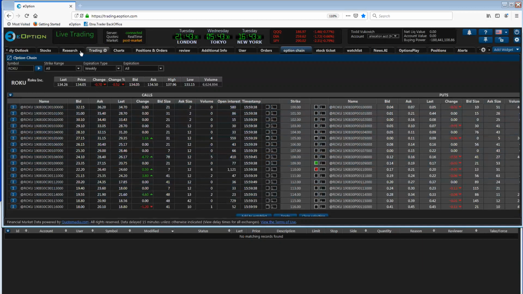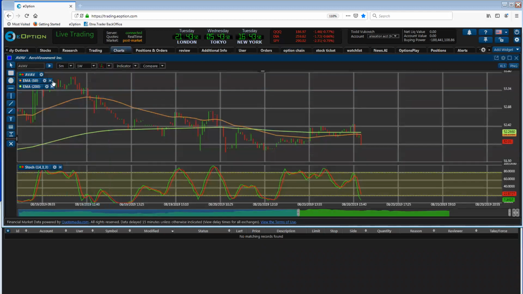So the positions. Okay, so let's go over. Basically, you can name whatever you want with these things, but I usually only really use like 4 screens. I look at the charts. These are 5-minute charts. The problem with these charts is the only thing I see wrong is that if I draw a trend line,